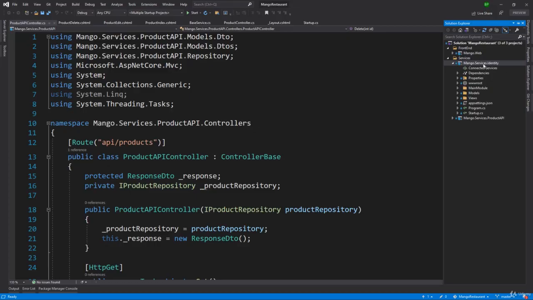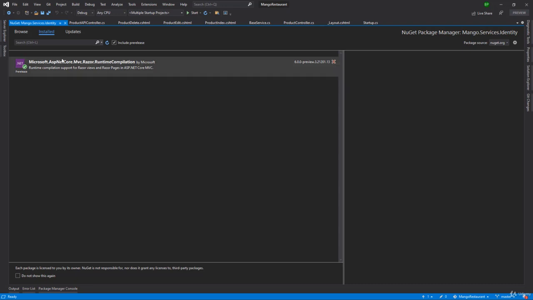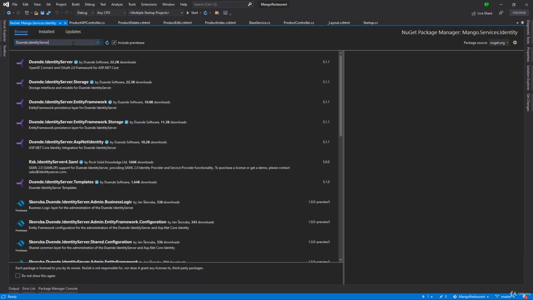Now we need to configure our identity server project. First thing that we have to do is we need NuGet packages for identity server. So we will right click here, manage NuGet packages. We will go to the browse tab here and we will search for